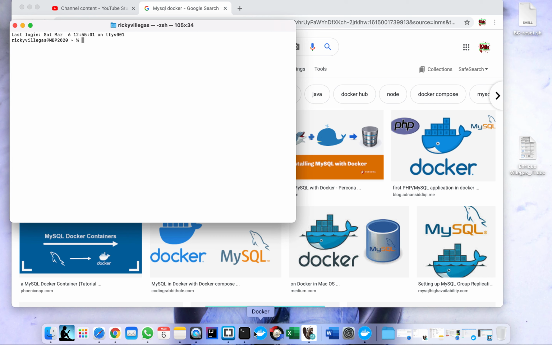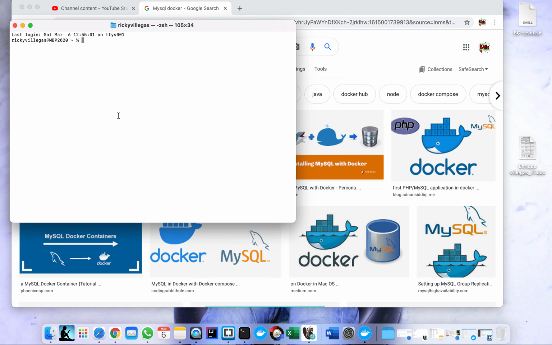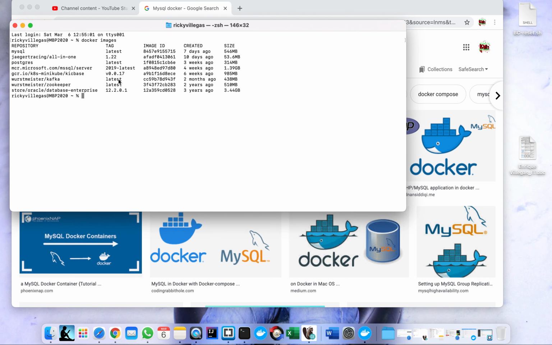First we need to run, of course, the Docker CLI command. Before we run the CLI command, let me first check the images currently installed in my system. So now we have here MySQL, Jaeger, Postgres, SQL Server. So basically we don't have Redis yet, right? So let me run